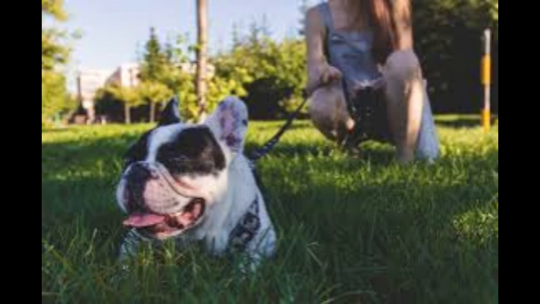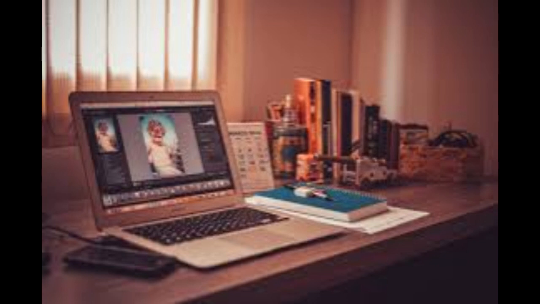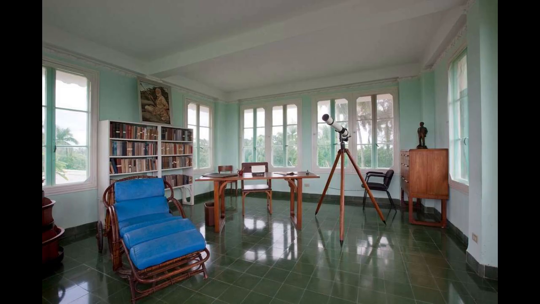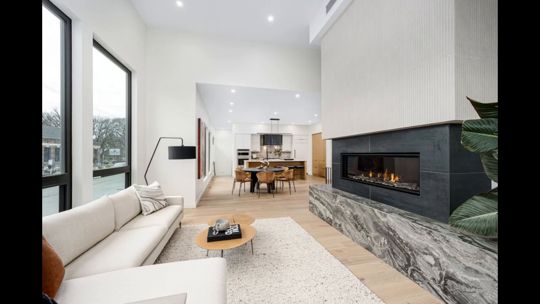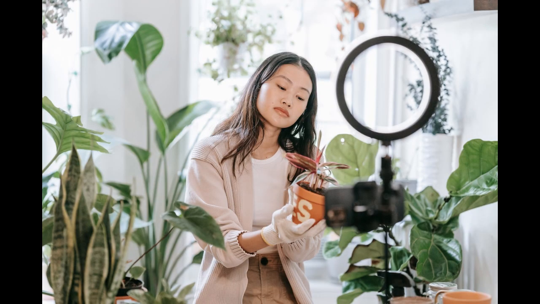Step 3. Create a brand for free using AI. Branding used to require graphic designers and copywriters. Now AI can do it for you, free or very cheap. Here's what you can generate with AI tools. Business names. Use Namelix or ask ChatGPT. Logos. Try Looka, Canva, or Logomaker. Taglines and mission statements. Ask ChatGPT.